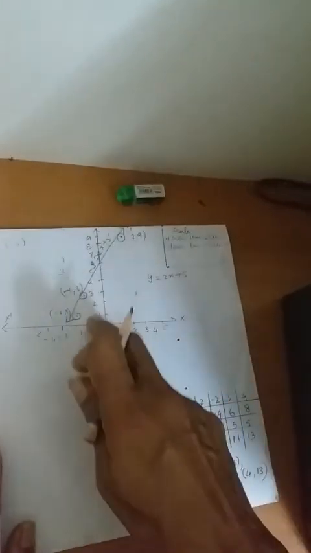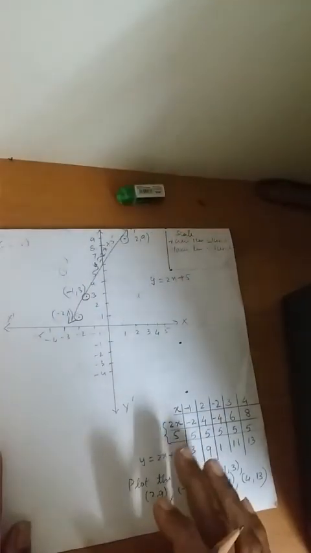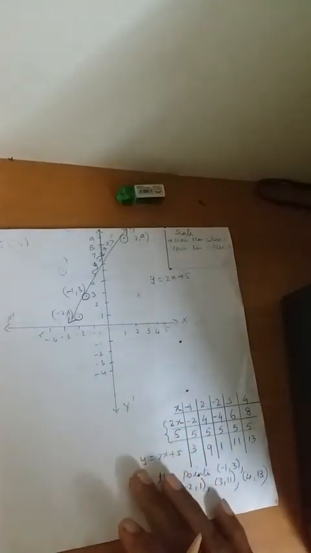Okay, two types you have. First thing is just plot the points. Second one is the equation will be given, or in some cases both the sums equation will be given. Okay, be careful. Just don't learn the plotting the points alone. Both the sums can be this type also. Both the types you have to be thorough. Don't think just plotting the points is enough. Okay, so this is how you have to practice your graph.